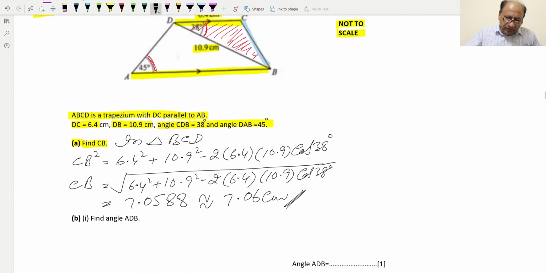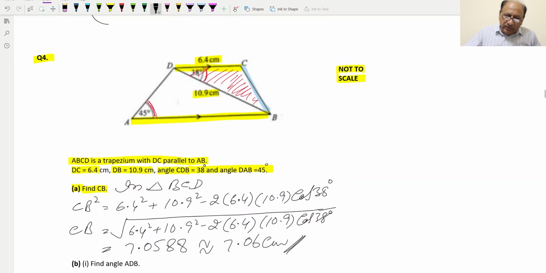Now for the B part, they are saying find angle ADB. ADB is which angle? ADB is this angle which we have identified. So we need to find this angle. Now for this angle, what we can do, we can apply